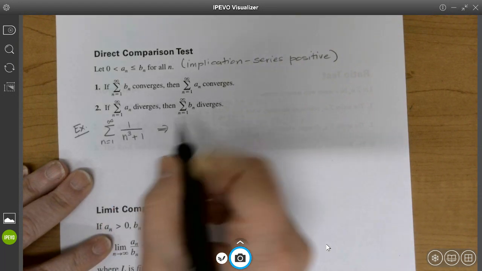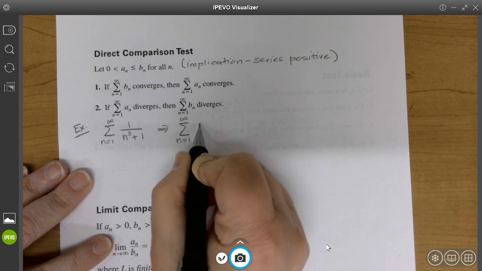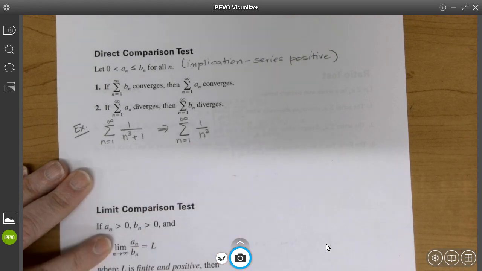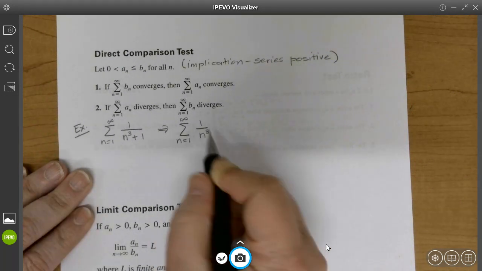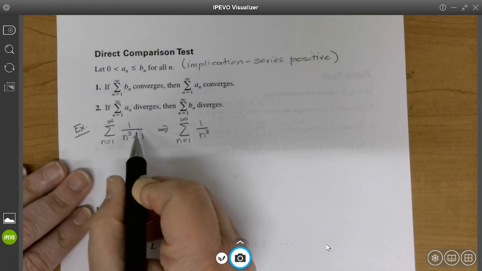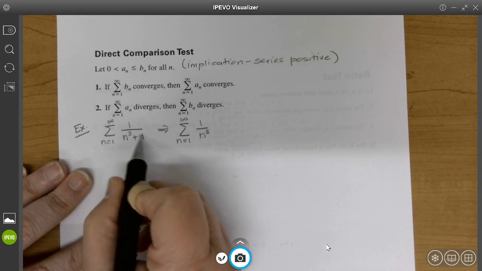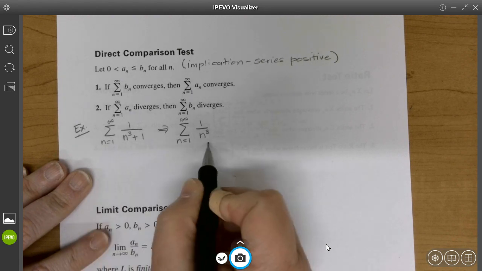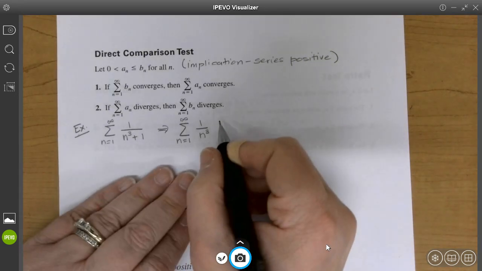So let's compare this one directly to the series from n equal 1 to infinity of 1 over n cubed. Well, so we have to decide now if 1 over n cubed is bigger than 1 over n cubed plus 1. Well, if I have a bigger denominator, then this one is smaller than this one. So I know that I can say